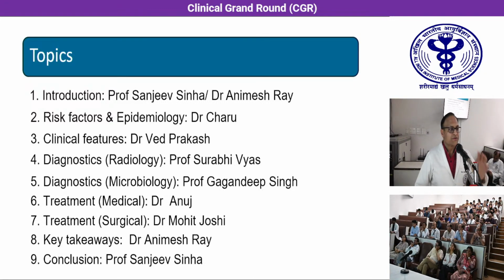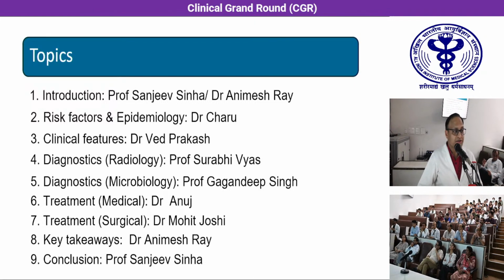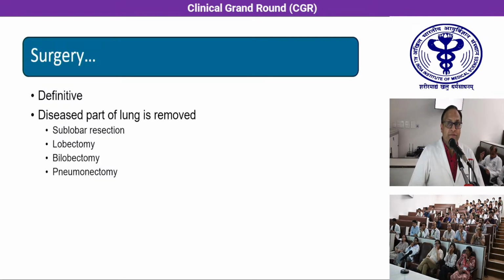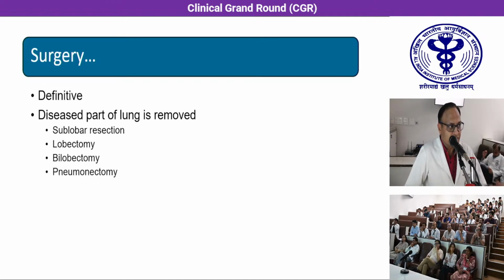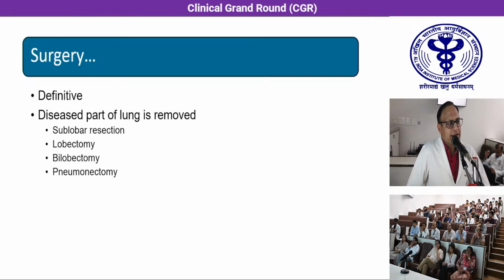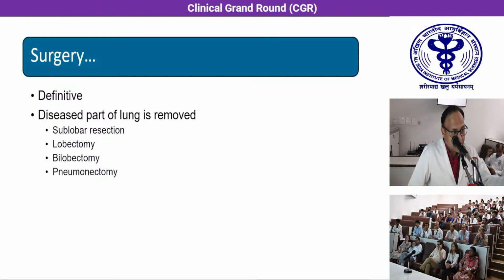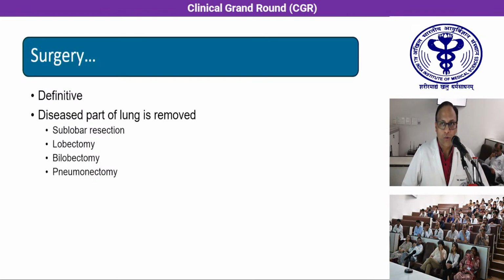Thank you, Dr. Anuj. So I'll just take you through a short journey of surgery for aspergilloma. The surgery is definitive. What we do in surgery is remove the diseased part of the lung, and depending on what part is removed, it may be less than a lobe, when we call it a sublobar resection, or we sacrifice the whole of the lobe, a lobectomy. At times, when it extends to the other part of the lung with the other lobe, we do a bilobectomy and